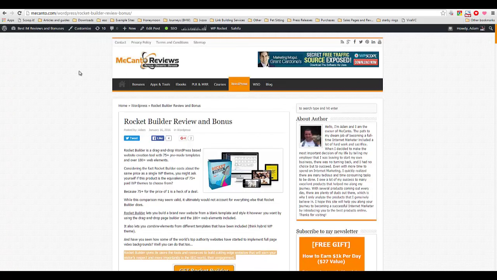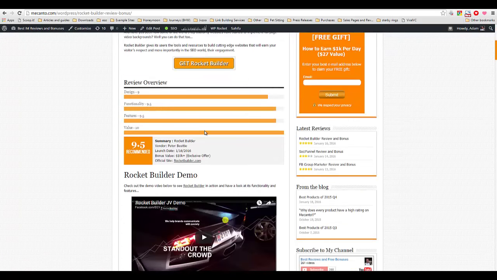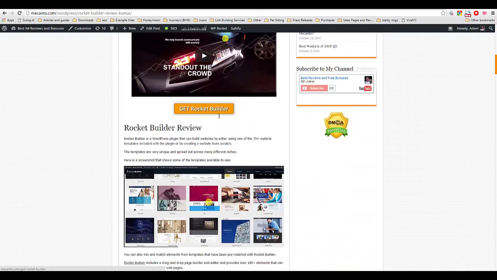For example, this site, Mecanto.com, I purchased a WordPress theme that cost a little more actually than Rocket Builder, and I only used it for Mecanto.com because I don't want all of my websites to look like this. But if you have over 75 templates, every site could be unique. In theory, you might not ever need to purchase a WordPress theme. You know, it really depends on you. But with that said,